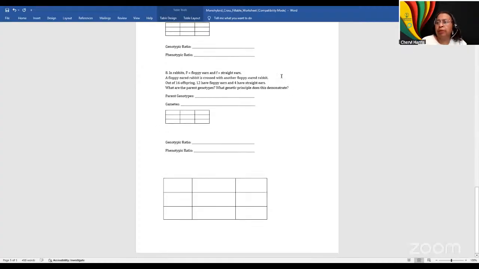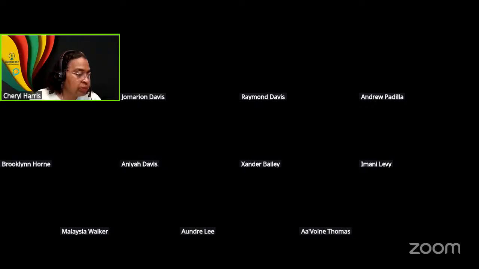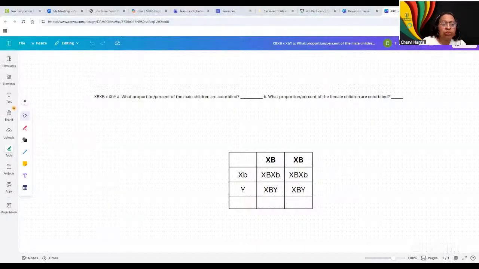All righty. That being said, let me go back to the one for today. So for today, we're doing the sex-linked one. So you have that one pulled up. I did it on Cami because I couldn't write on my worksheet. So I produced the question and the box, and I've already filled it in. Maybe I shouldn't fill it in. I can actually. All right. So the question says